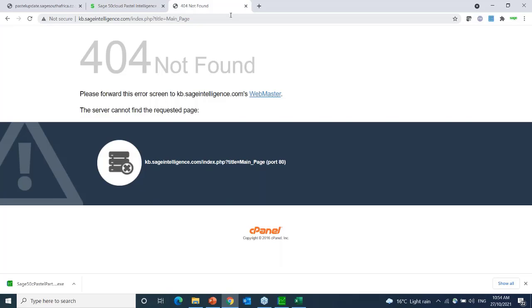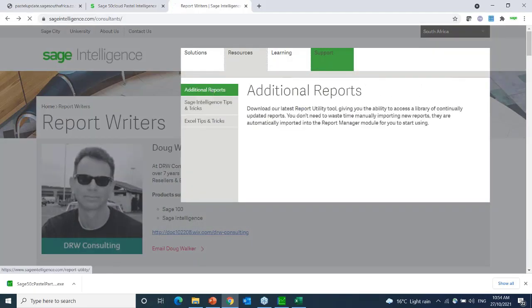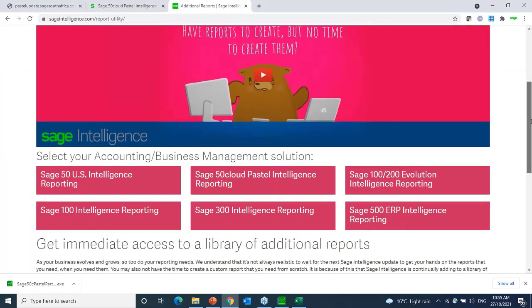Apparently they've removed their KB. It was up, it's now down again. The site does have some issues. If it's up, it's awesome. You can also go to their tips and tricks. And this is also where you can check additional reports. Now, they're not a lot here,